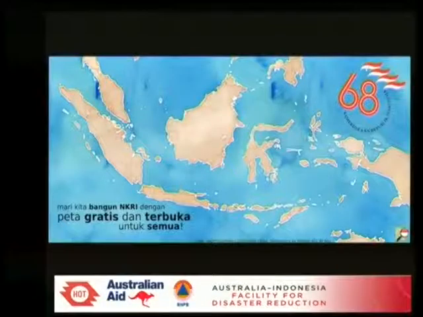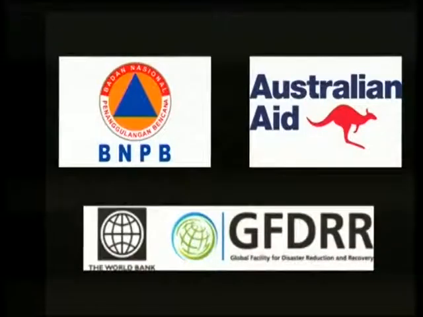So then in 2011, the idea was, what if you mapped ahead of time? So hundreds and hundreds of people contributed to this map of Port-au-Prince, but it was done after the fact. And so what was AusAID at the time had spoke to us and said, what if we could map Indonesia ahead of time? It's prone to a variety of disasters, and let's see if we can start an OpenStreetMap community. And these were the partners involved. So this is the World Bank, AusAID, and also BNPB, the Disaster Management Agency of Indonesia.